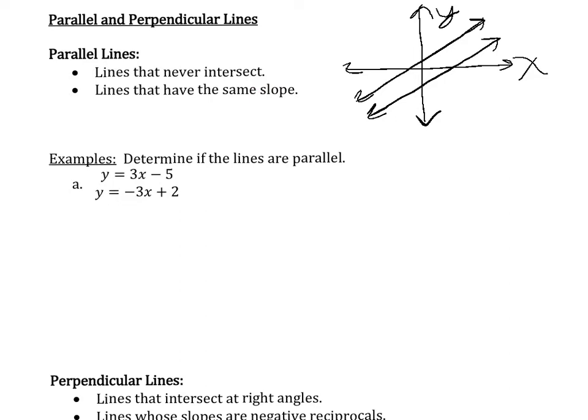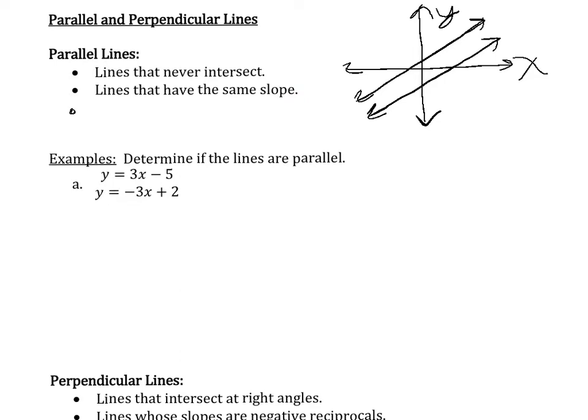One of the very special characteristics that we're going to be concerned with concerning parallel lines is that they are lines that have the same slope. The reason why they never intersect is because their rise over their run is the same, right? And so if their rise over their run is the same and they're two distinct lines, they can never intersect. All right, and of course,